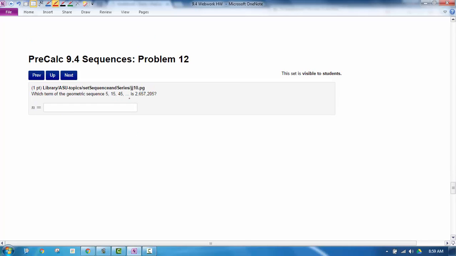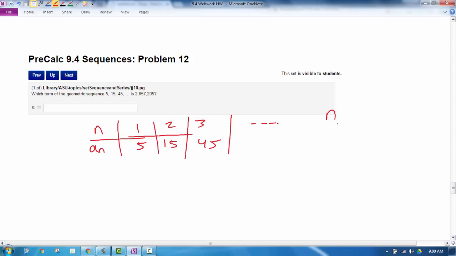Okay, the next problem gives us this sequence. In the table of n and a sub n, the first term is 1, the second term is 15, the third term is 45, and the question is, what term number, n, is the value 2,657,205? Now, it looks like we're multiplying by 3 each time,